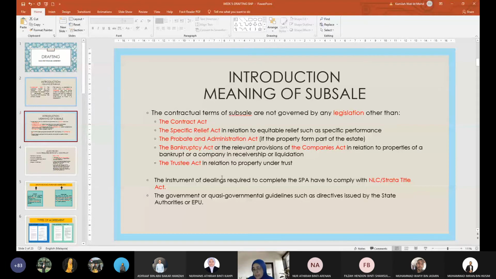Dan kalau melibatkan instrument of dealings tu, process registration, NLC, strata title, and also subject to government or quasi-governmental guidelines. Contohnya guidelines daripada state authorities ataupun daripada economic planning unit and other guidelines as well lah daripada kerajaan. Mungkin sometimes KPKT juga keluarkan guidelines on properties. So